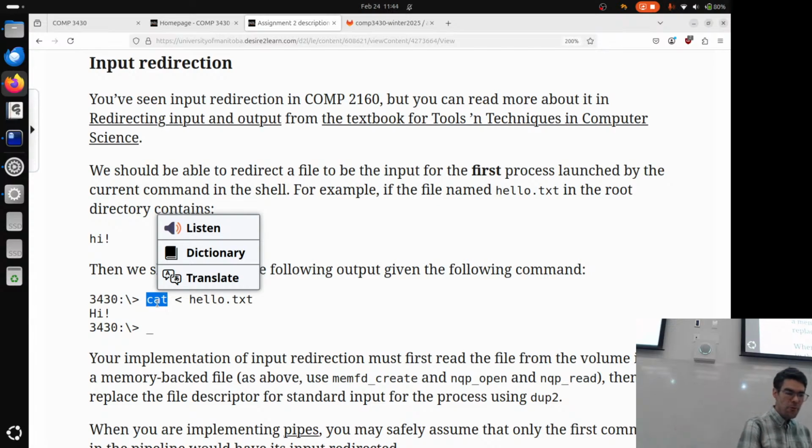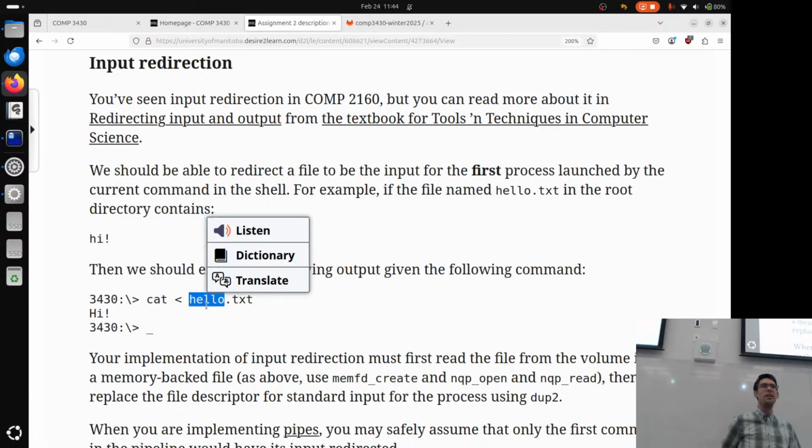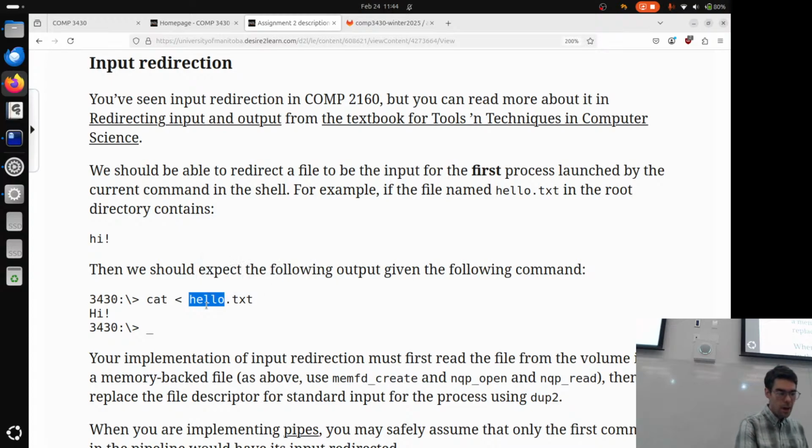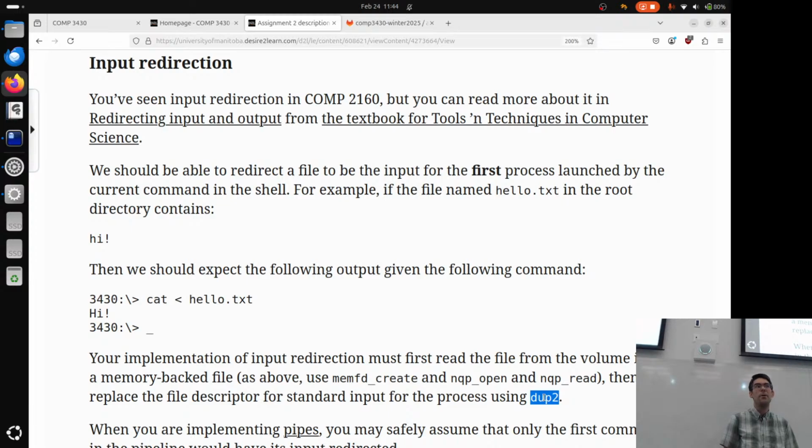Just like you're reading cat from the volume into a file descriptor that's backed by memory, you should also be reading hello.txt from the volume into a file that's backed by memory. So this is going to be that memfd_create. In this part, you're going to use that dup2 system call to manipulate the open file table for the process you're about to launch to replace its standard input with the file descriptor for the file that you just read into memory from the volume.